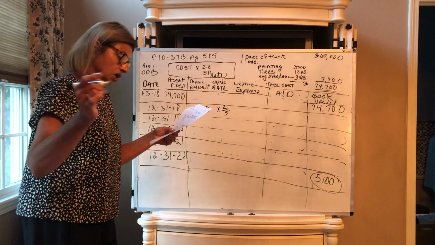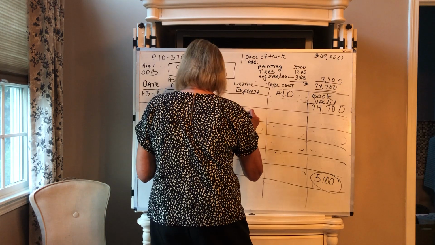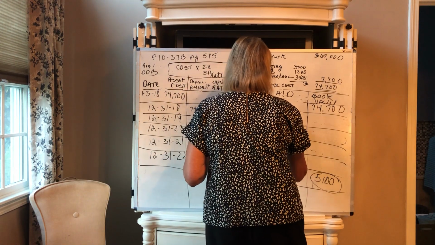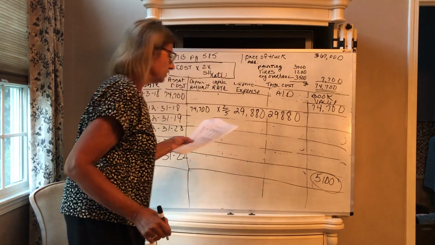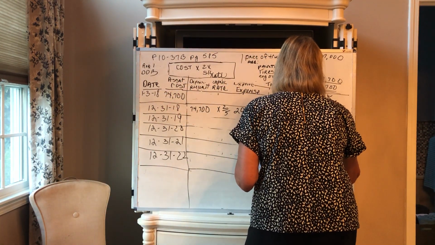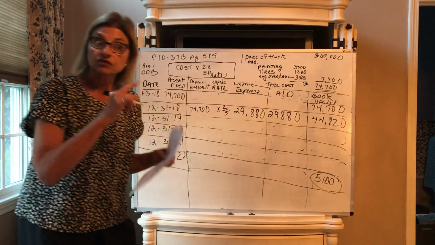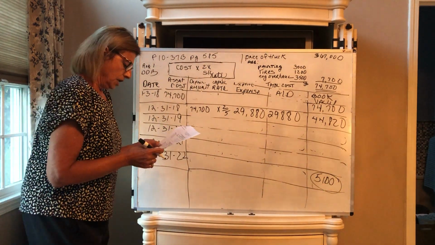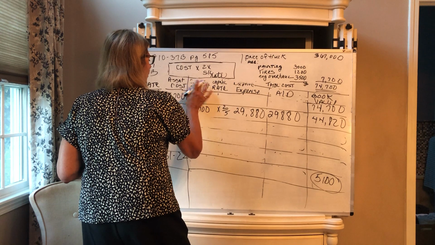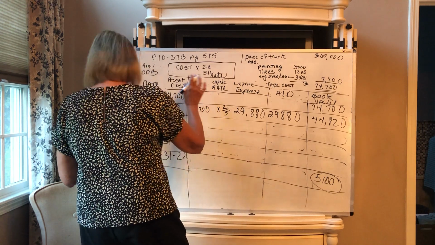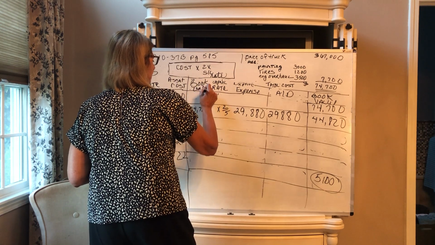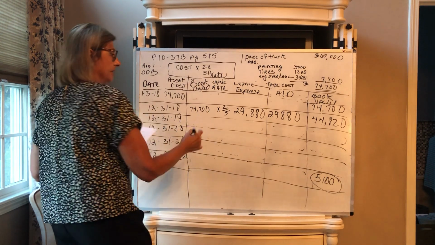So already we have a much higher depreciation expense, $29,880. Okay. And that's accumulated. Book value, cost minus accumulated, already went down to $44,820 just after year 1. So you can see that's a big difference from the other 2 methods. So we're going to take that new book value and bring it over here to our, we're not going to call it depreciation per unit, we're going to call it book value, which we're pulling from over there. Our new book value,